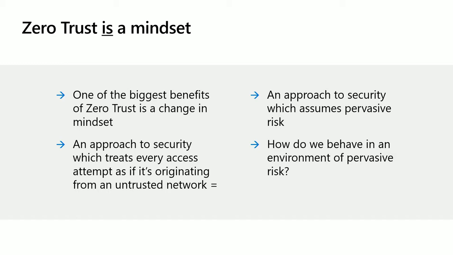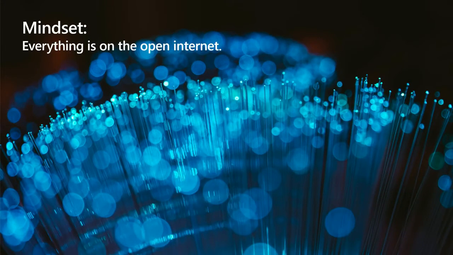So the first thing here is that if you behave as though everything is on the open internet, you let go of the assumptions, right? If you assume that all of the resources, all the file shares, all the whatevers you've got that you're trying to protect are on the open internet, then you tend to let go of assumptions pretty quickly, right? You don't have this concept of safe zones.